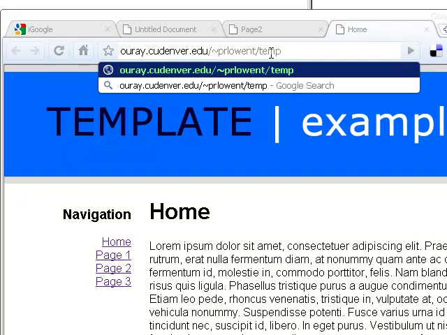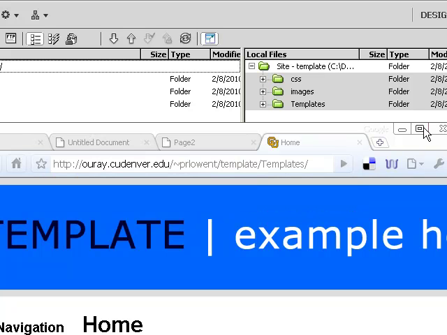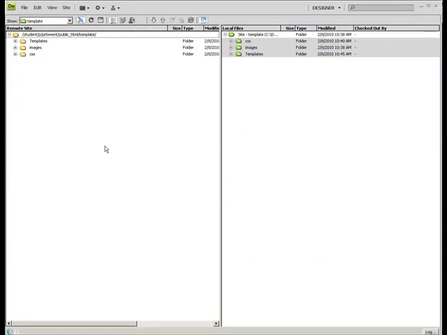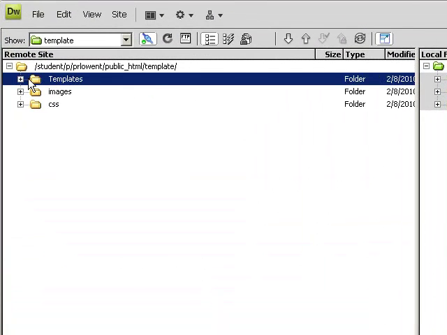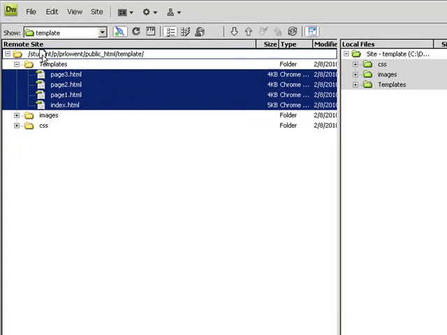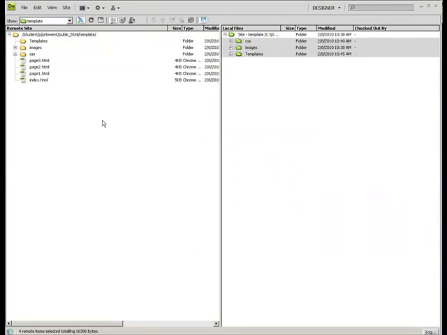So I called that template. And that looks like, yeah, templates. There it goes. So now this is online. If I hit forward, I can see that everything's working the way. If I didn't like this file structure, I could always go back into Dreamweaver and play with that. You know, if I take these and pull it out, it says, are you sure you want to remove the selected files? Yes. And I could do that, and I believe when you do that,